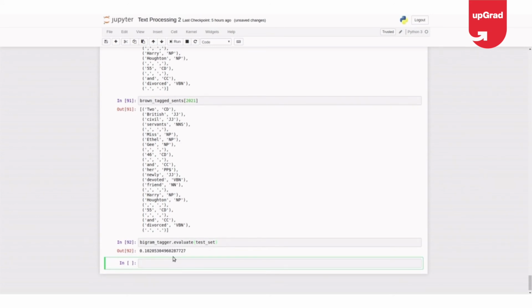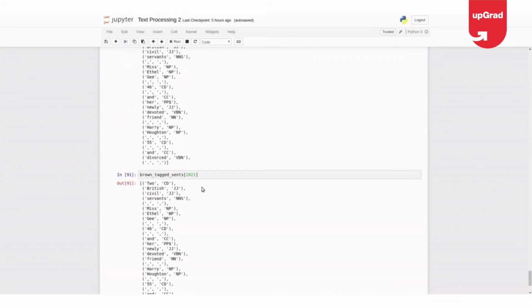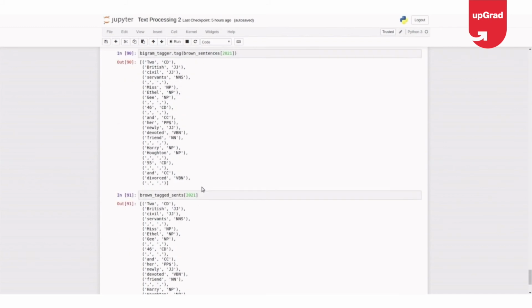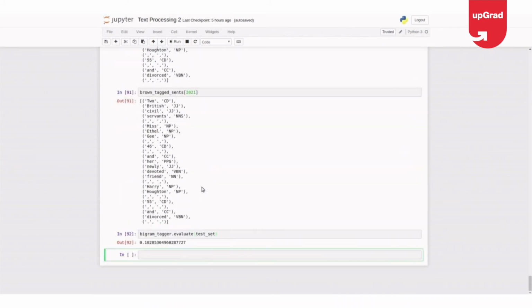Oh, it's saying it's only 10% accurate. That seems it has not trained better. So it is only 10% accurate. That seems having a unigram tagger is better than bigram in this use case.